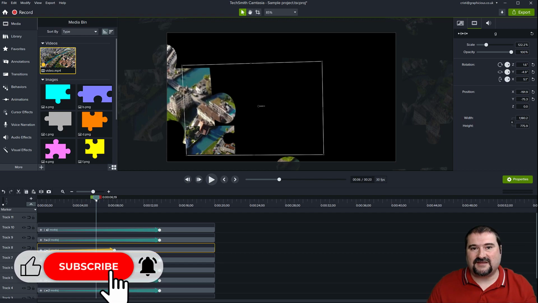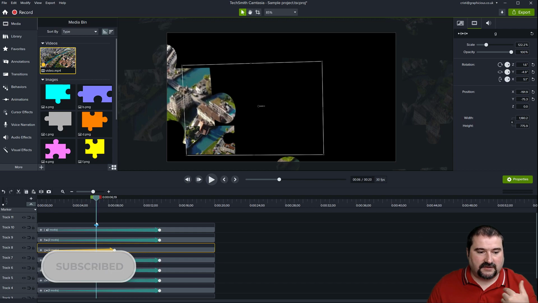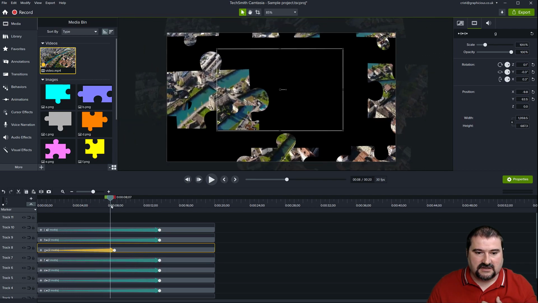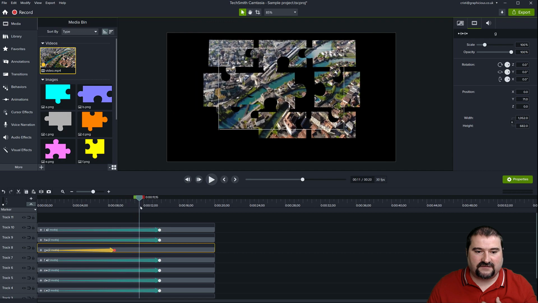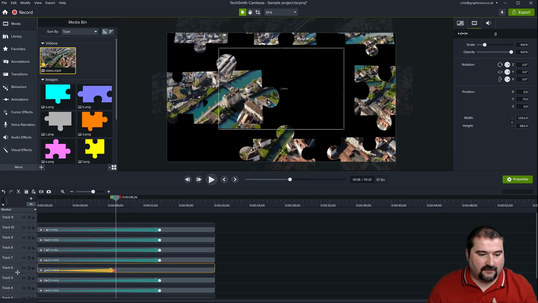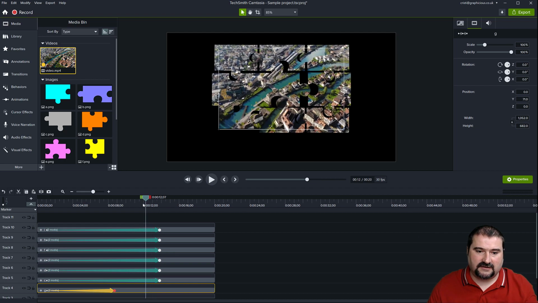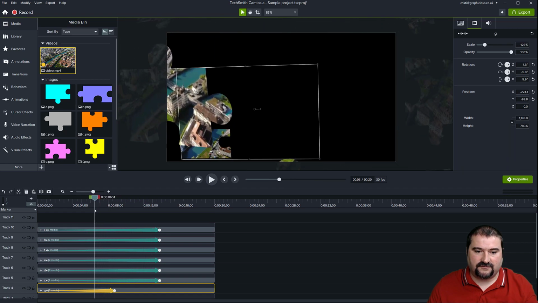And if that's the case, then the ones that come in early, you have to think about this. The ones you're bringing in early need to be on the lower tracks. So because this one is coming in first, you can see it's sitting there, but the other ones are kind of flying underneath. That's not good. So we need to move that one down so that the other ones coming in after it will be on top, right? So there you go. That's your effect right there.